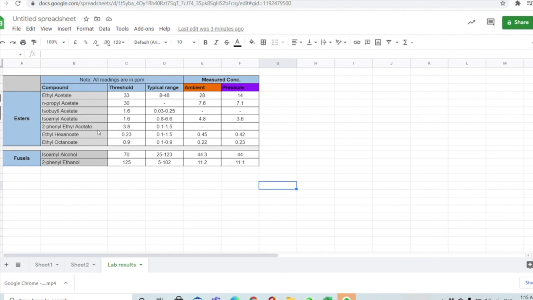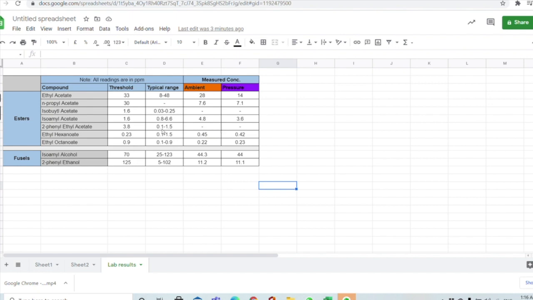Then comes 2-phenyl ethyl acetate, which is that floral or rose-like flavor contributor. For 2-phenyl ethyl acetate, the typical range is also quite low, between 0.1 to 1.5 ppm. And I think US-05 again does not produce much phenyl ethyl acetate, so we could not find any in